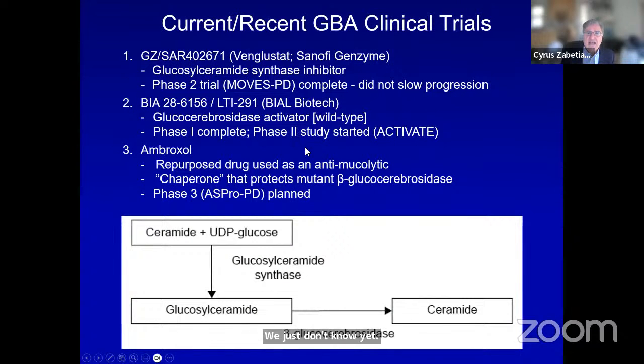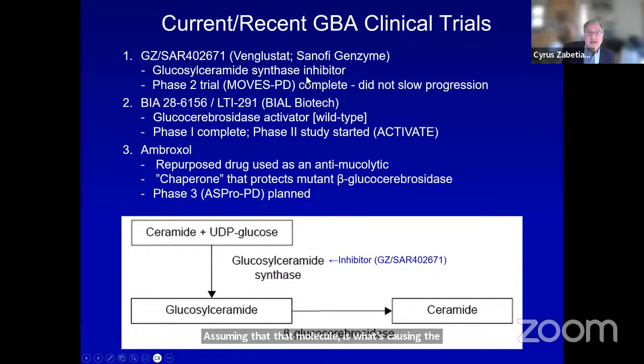GBA is a hot topic, and part of that is simply because of numbers, right? So 1 in 10 to 12 patients are going to have a relevant variant in one of these genes. That's many, many, many tens of thousands, if not hundreds of thousands of patients out there. So there are several ways that you can target the pathway. First, you can target this molecule that's upstream, actually, of glucocerebrosidase. If you inhibit it, the idea is you are decreasing the amount of glucosylceramide that accumulates, assuming that that molecule is what's causing the problem.